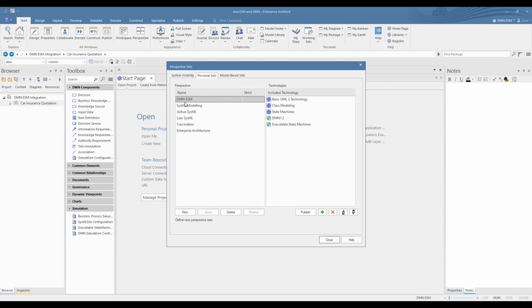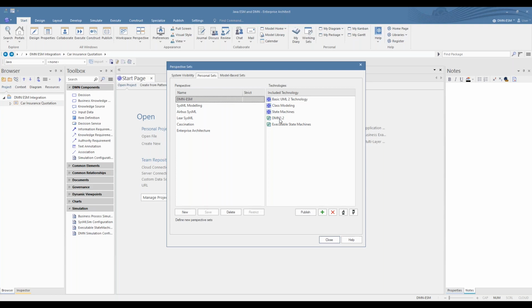So here is a perspective which I've labeled a DMN ESM, Decision Model Notation Executable State Machine. So if you are doing decision modeling, you'll need DMN 1.2. But pretty much that's all you need. But we're going to up the ante.